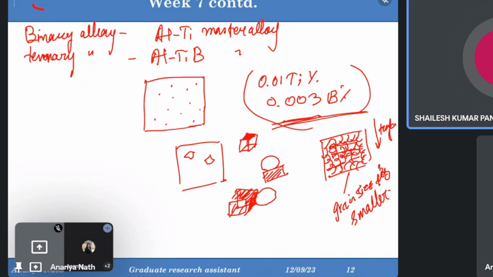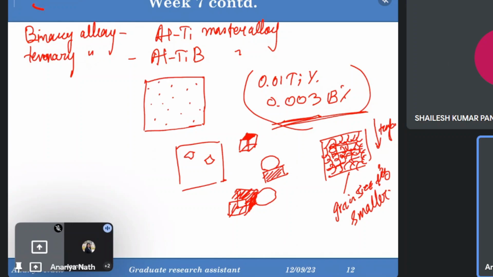Ma'am, if it is not getting some preferred site for nucleation, that means the grain refinement also depends on these preferential sites, right? Yes. So even though they are nucleating if we go for a higher cooling rate, if they are not getting preferential sites, there will be less refinement as compared to